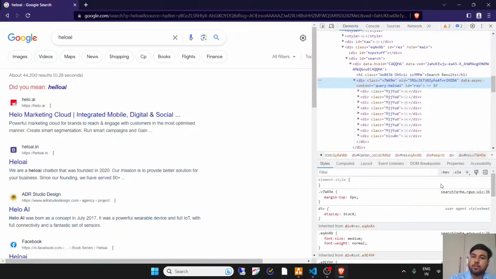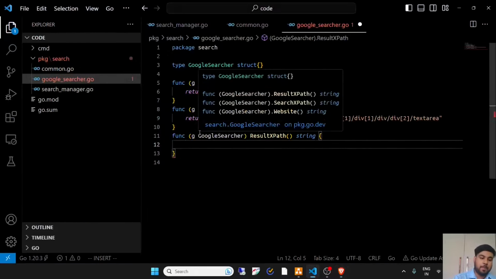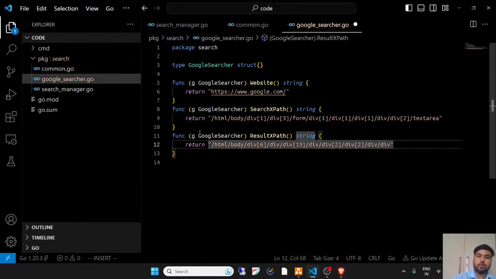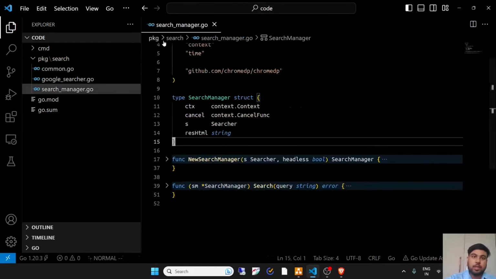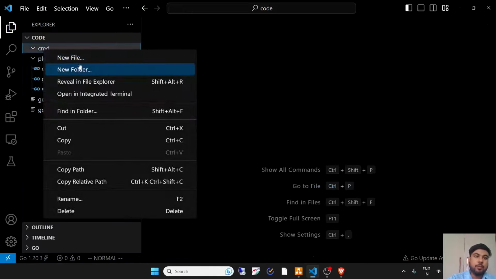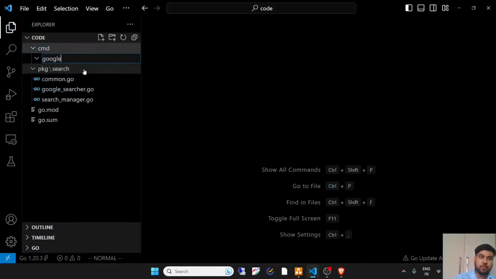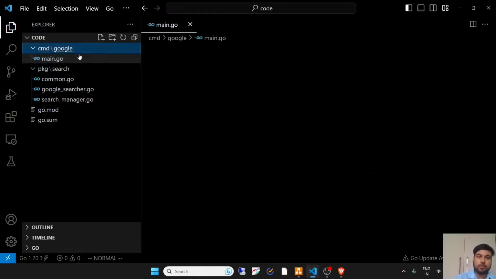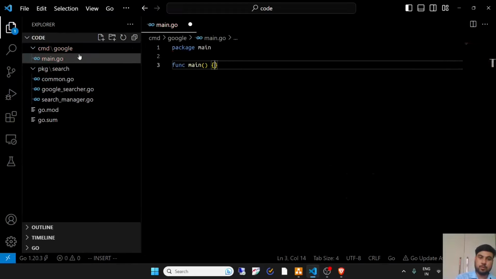So I'll just copy the full XPath and return this. And I'll create a main function that will test if this works or not.